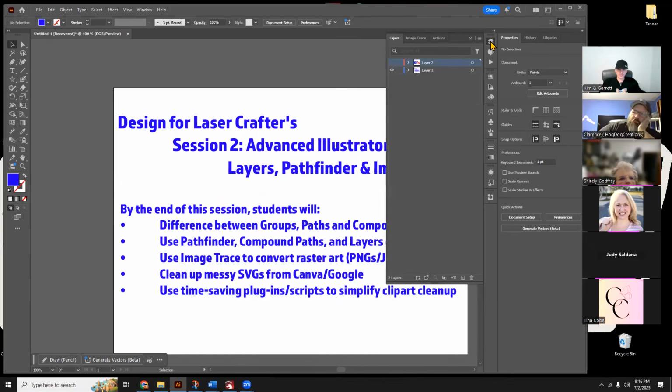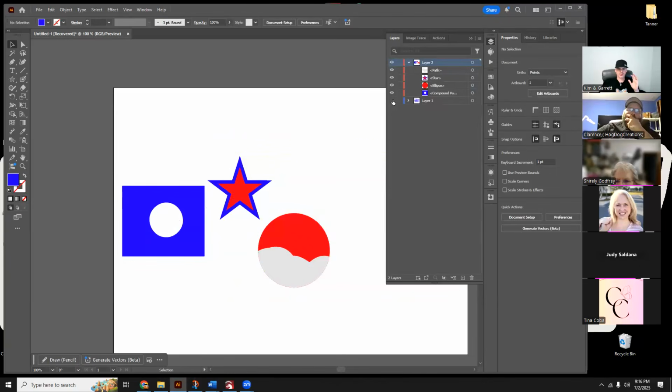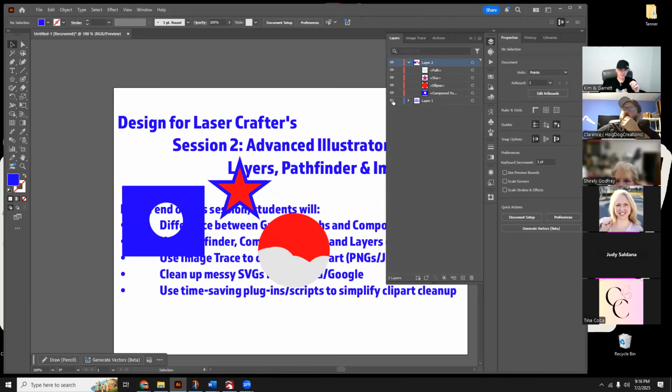Compound paths. Yep, I worked right into Pathfinder tool, layers. I'm going to take a break for a second. And right here, I'm going to ask, are there any questions about how layers, Pathfinder tool, or what a compound